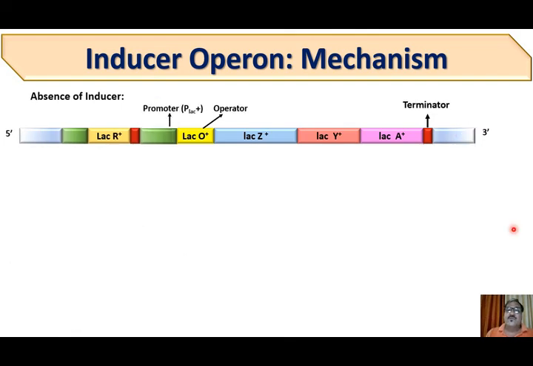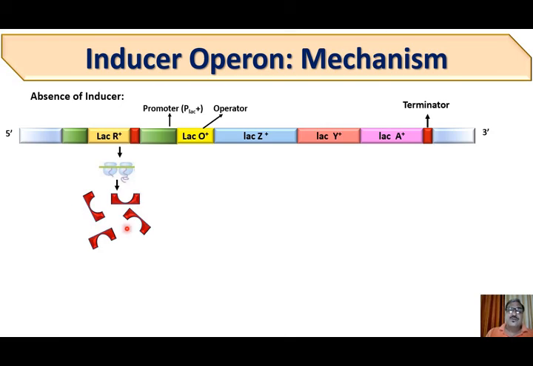Now, in absence of inducers, that is, when the bacteria has consumed all the lactose that is present in the medium, there is no need for the lactose catabolizing enzymes. Hence, the system has to switch off. So how does this take place? The lac repressor R gene synthesizes the lac repressors, and because there are no inducers in the medium,